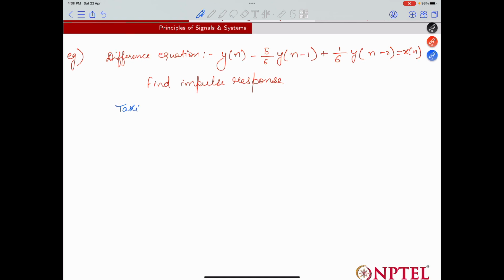We'll take such kind of difference equation and solve it, so that we understand how to solve such problems based on the difference equation given above. So taking the DTFT on both sides,